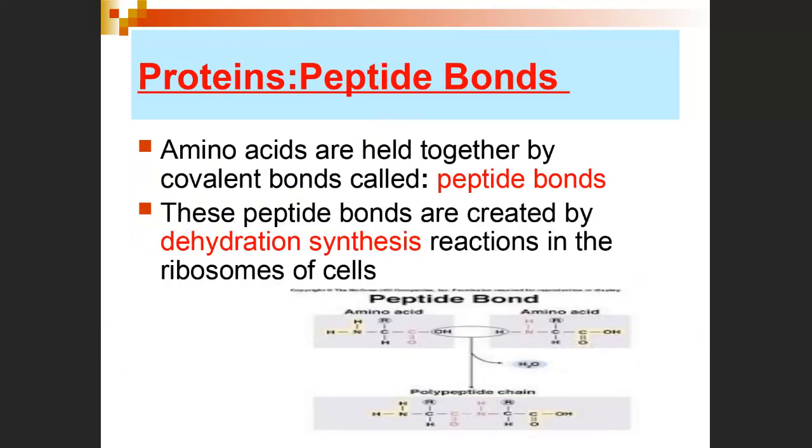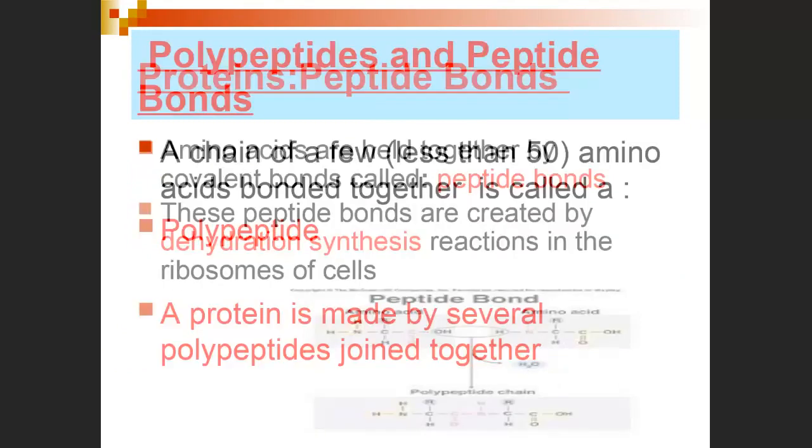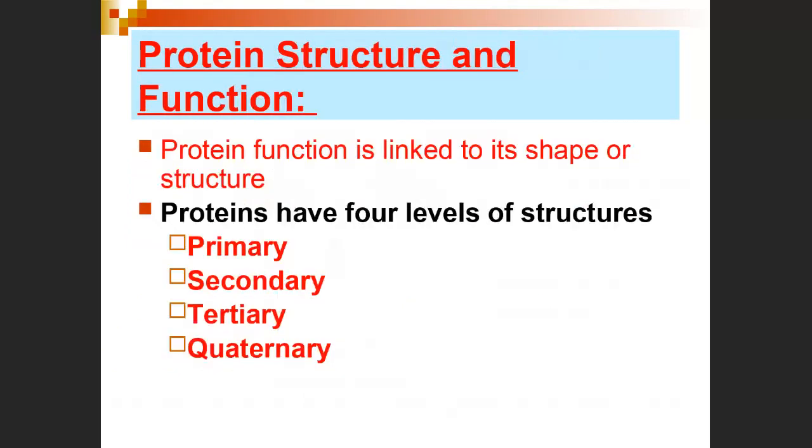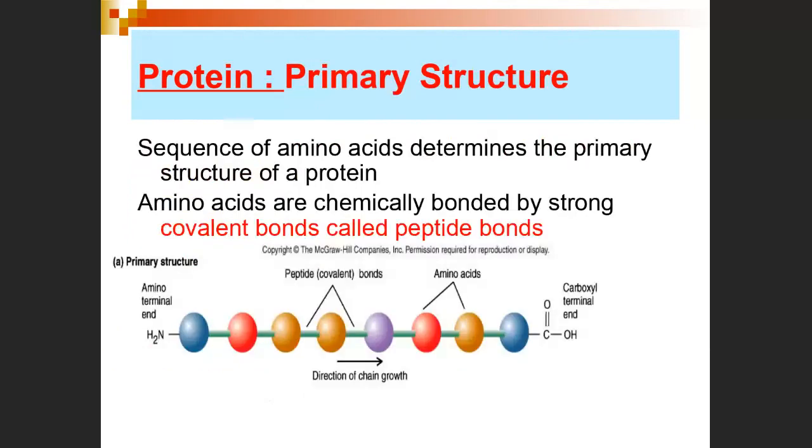Okay, the bond that brings together two amino acids is called a peptide bond, which is obviously formed by dehydration synthesis. And then the other thing about proteins that you have to remember is that they're made in the ribosomes into these chains. So the peptide bonds bond by covalent bonding, which is a very strong bonding, bonds these individual amino acids together into a chain.